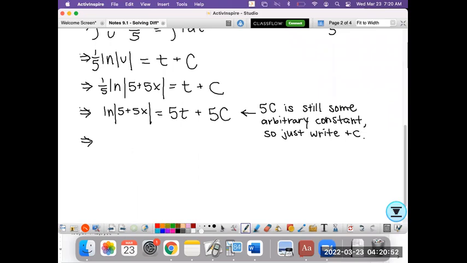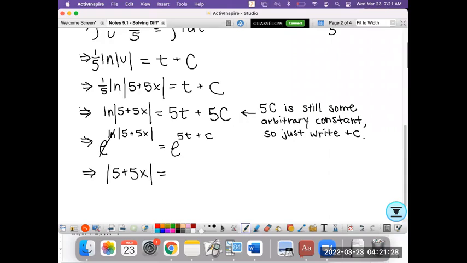What I want to do now is figure out how to undo that natural log. Anyone remember? The inverse to a natural log is e. So if I take e and then raise both sides into e's exponent, and remember I'm writing that plus 5c as just a regular plus c. The e and the natural log cancel out, and I'm just left with the absolute value of 5 plus 5x